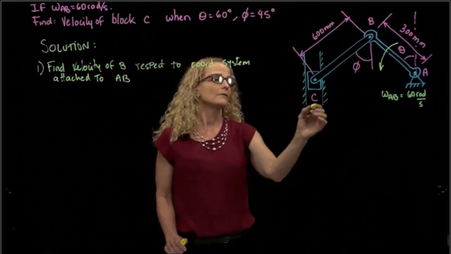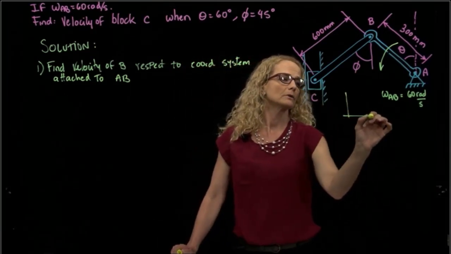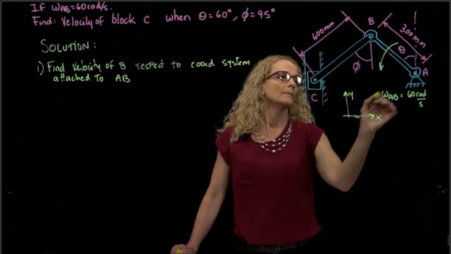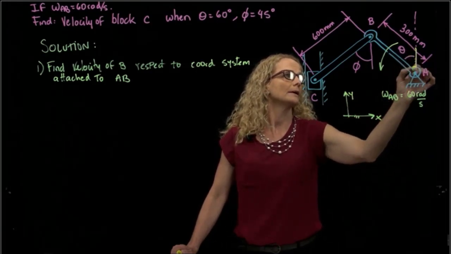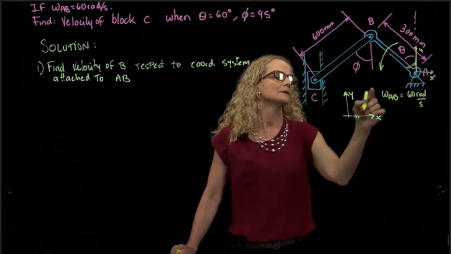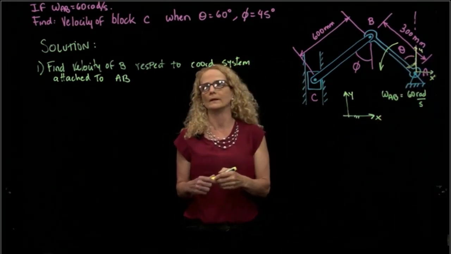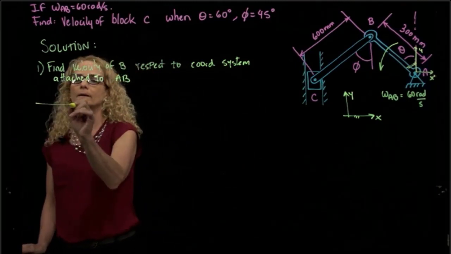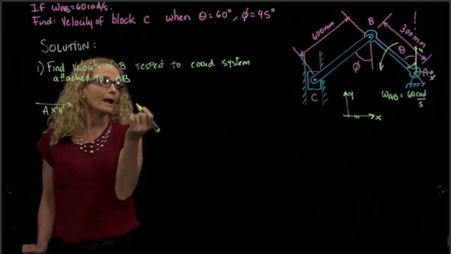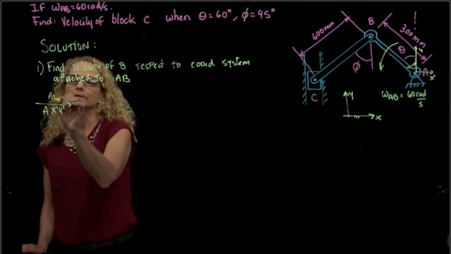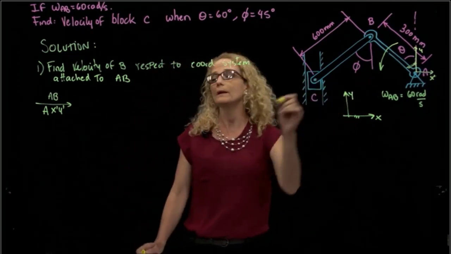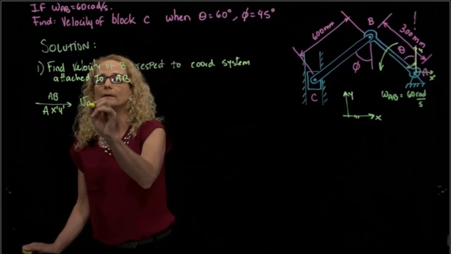So I have an absolute coordinate system xy, but I can imagine that I have one here, x prime, y prime, that is fixed to that rod AB. So using that coordinate system x prime, y prime, with its origin at A and fixed to the rod AB,